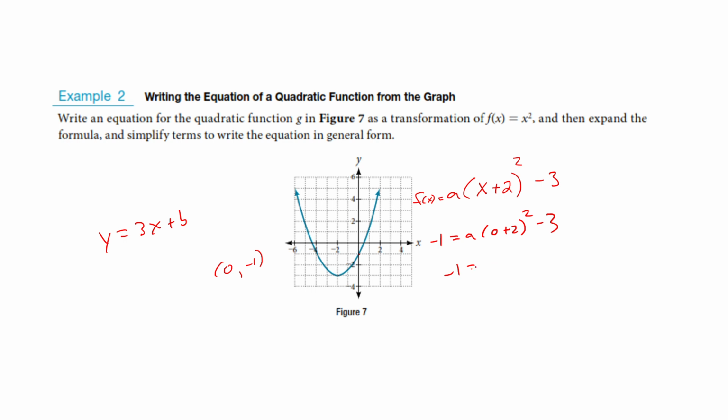So what do I get? This would be 4. So this is written in a weird way, but I've got 4a minus 3. So I just put in that point, 0, negative 1. And remember, negative 1's a y. Okay, so I'm solving this. Just send the negative 3 to the other side. So a is going to be 1/2. You see 2 divided by 4 is 1/2. So I have found that there is a vertical compression here. And my equation is now